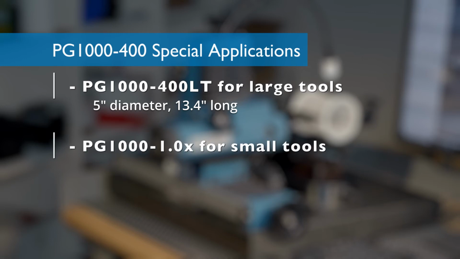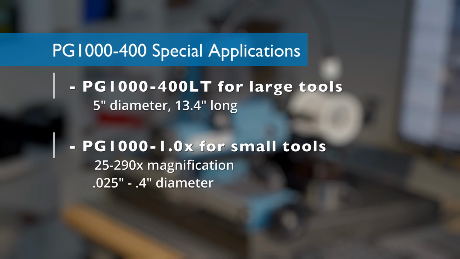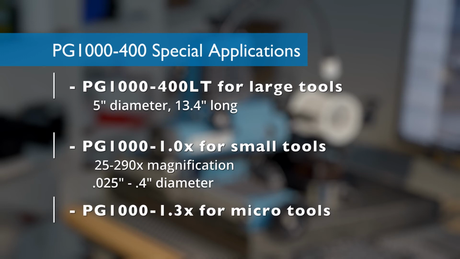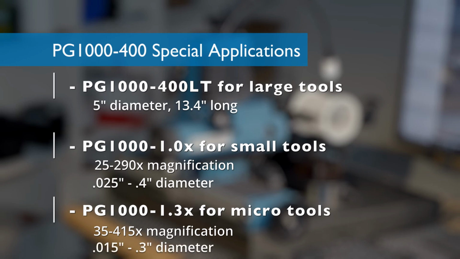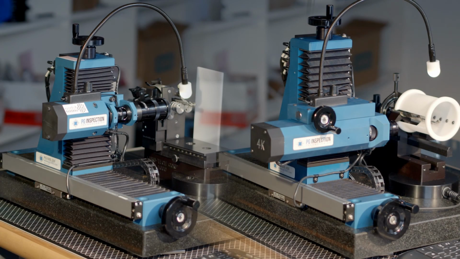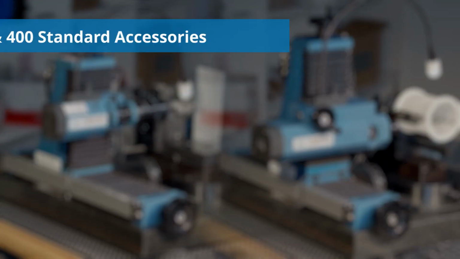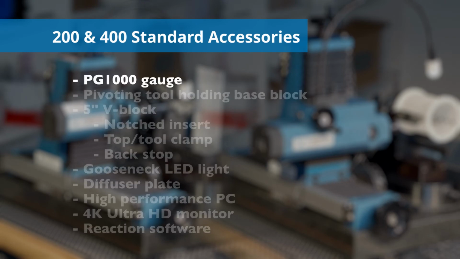The PG1000 1.0X option offers 25 to 290 times magnification, allowing you to inspect small tools between 25 thousandths of an inch and 4/10ths of an inch in diameter. There's also a PG1000 1.3X option with 35x to 415x magnification for micro tools between 15 thousandths and 3/10ths of an inch diameter. No matter which of the options you choose, you'll receive the following standard accessories: a PG1000 gauge,